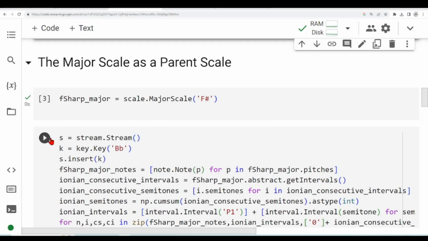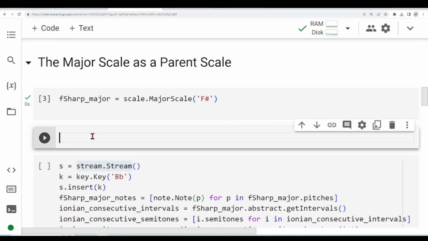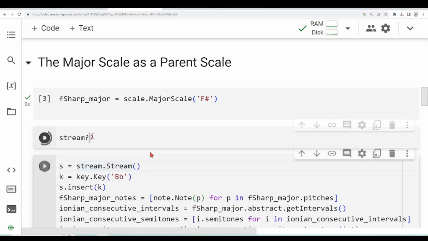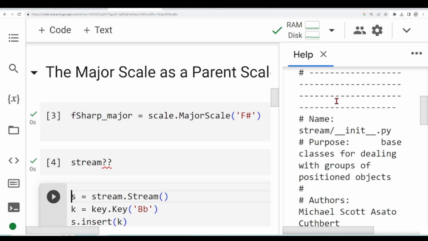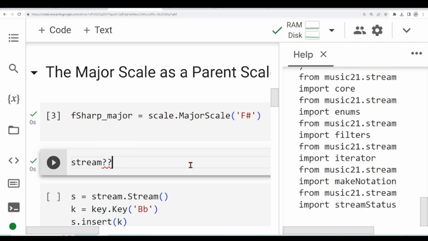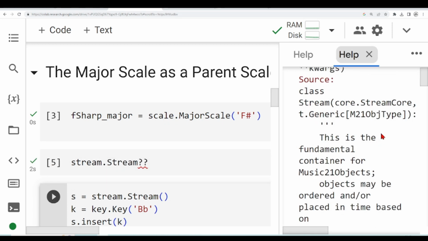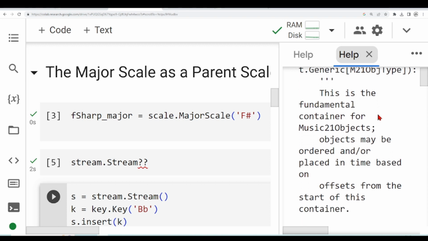We reached this line here, and now we will talk about streams. So let's have a new line here and see. Stream is a Python module that has base classes for dealing with groups of position objects. And the stream.stream is a fundamental container for Music21 objects, and objects may be ordered and or placed in time